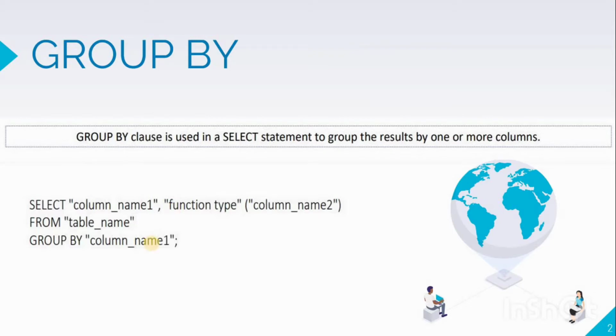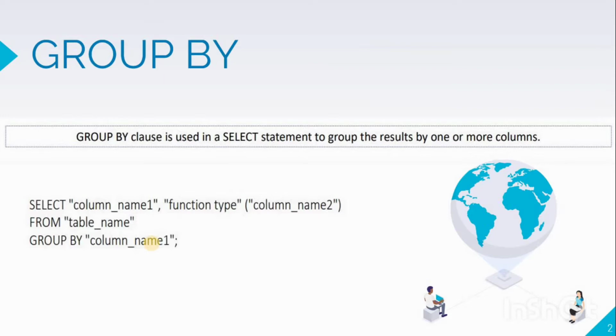So, what this means is, for example, if you want to find out the total number of customers who are living in a particular city or in a particular state, you will be grouping the customers by their city name or the state. So if you are grouping them by city, you will write group by city. And if you are grouping them by state, you will write that respective column name. Now, column with respective aggregate function.